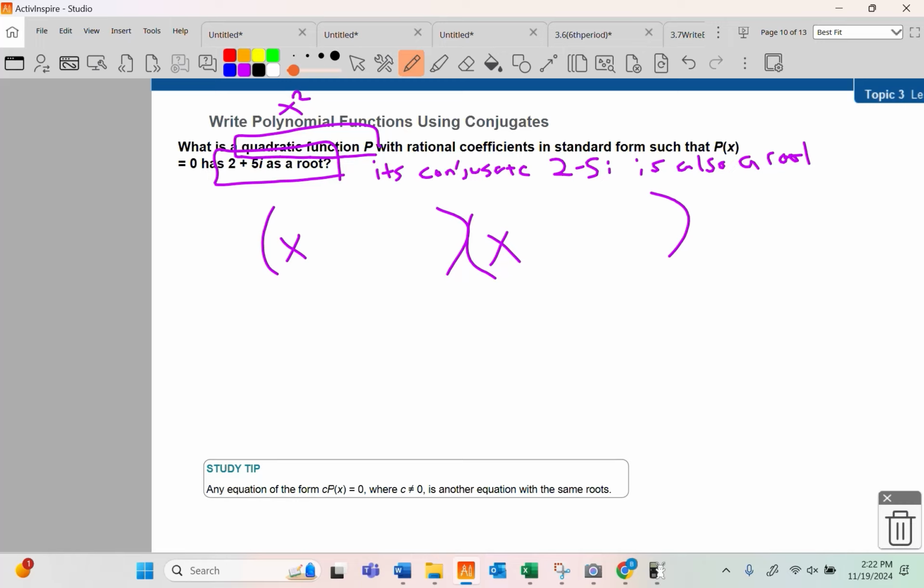No. That's right, Alyssa. Signs change. Doesn't matter how many things there are. Signs change. All right, next we're gonna throw 2 minus 5i, the second one that we came up with, into